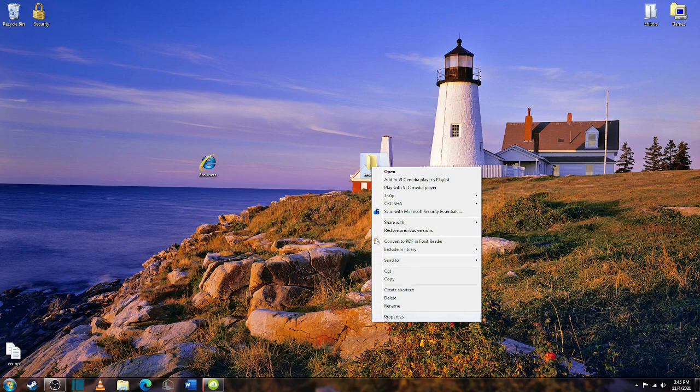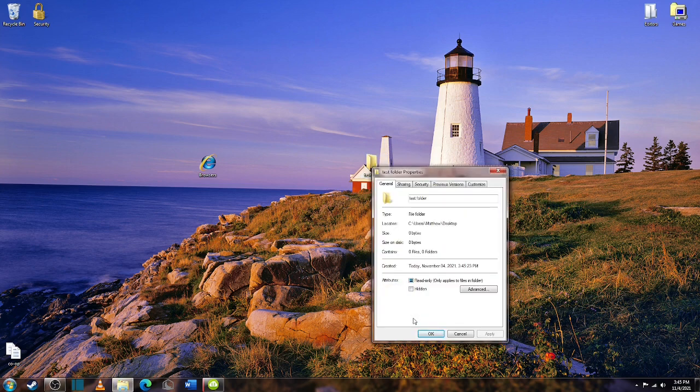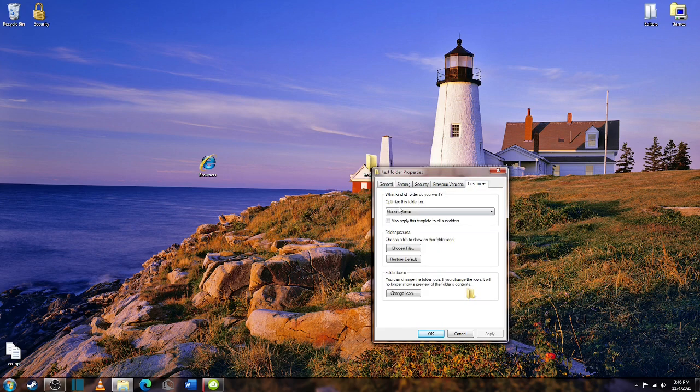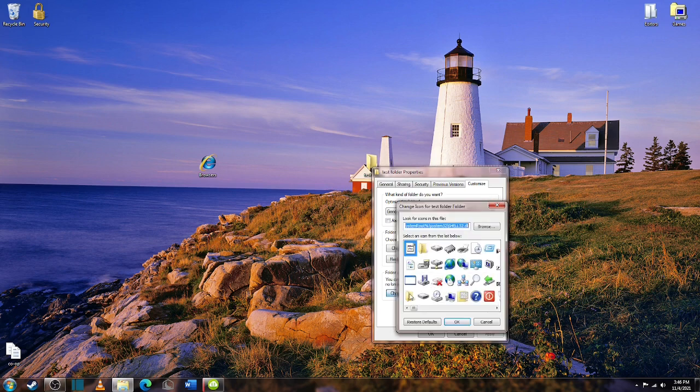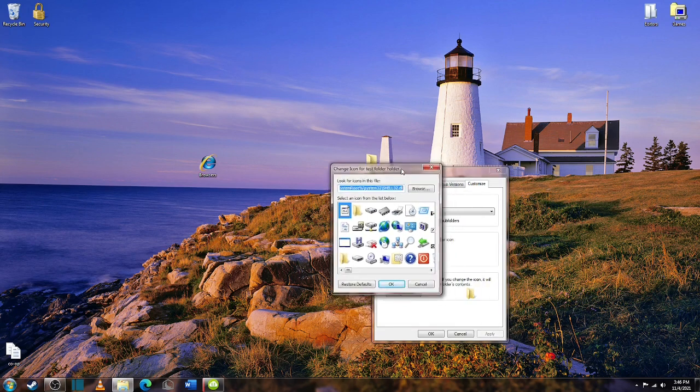and then you're going to have to go down to the very bottom where it says properties, and this will allow us to change the overall look. And then you'll be taken straight to the general tab, and it also has other options such as sharing, security, and stuff. But what we want to go to is customize, and customize is where we can change what we want. At the very bottom, there will be a button showing change icon, and that's what you're going to want to